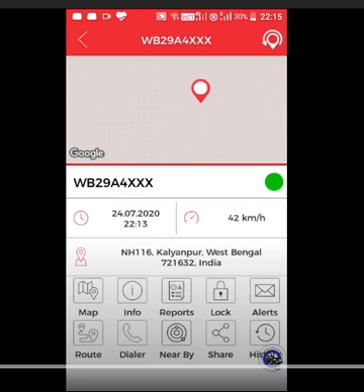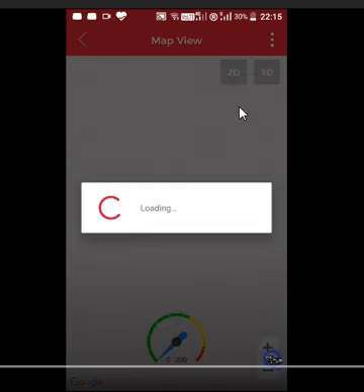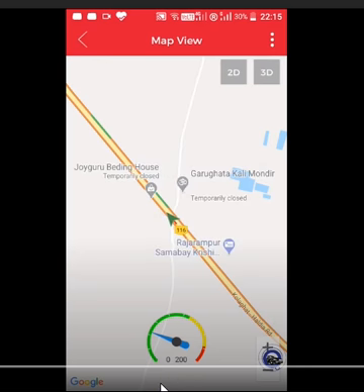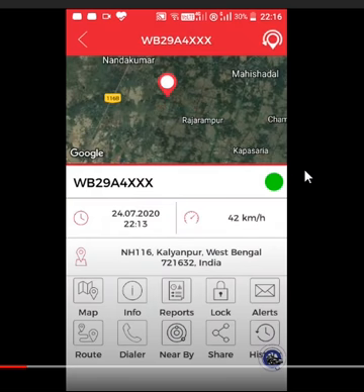Here, if you do not find any of the marks like this, you have to click on it and select your marker. If you find this type of blank area, you have to wait some time for the map to come. After that, if you click it, here you can see the live speed. You can change map views by clicking here like this, and the vehicle movement starts from some previous time.